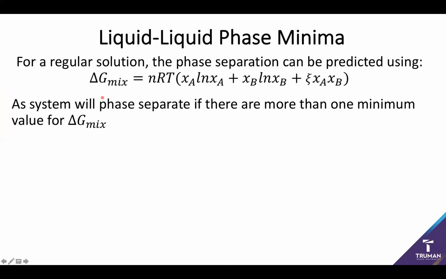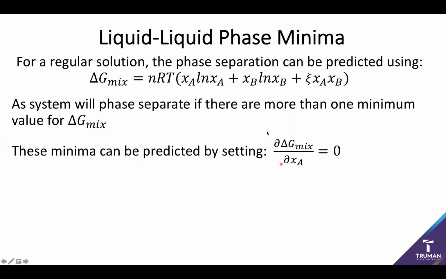Well, we have our good old calculus phrase. A minima is going to occur when the first derivative can be set equal to 0. And since we're looking at when a minima occurs with respect to composition, we're going to take the first derivative with respect to the composition of A here. Now, you may notice that this is going to get a little bit messy because this term out front is a constant and we can pull it out. We have a dependence on A here, here, here, here, here, and here, which isn't going to be made any easier because we're going to have to substitute in 1 minus the mole fraction of A for each of these XB terms. So it turns out that this isn't too bad, but it's going to involve a lot of